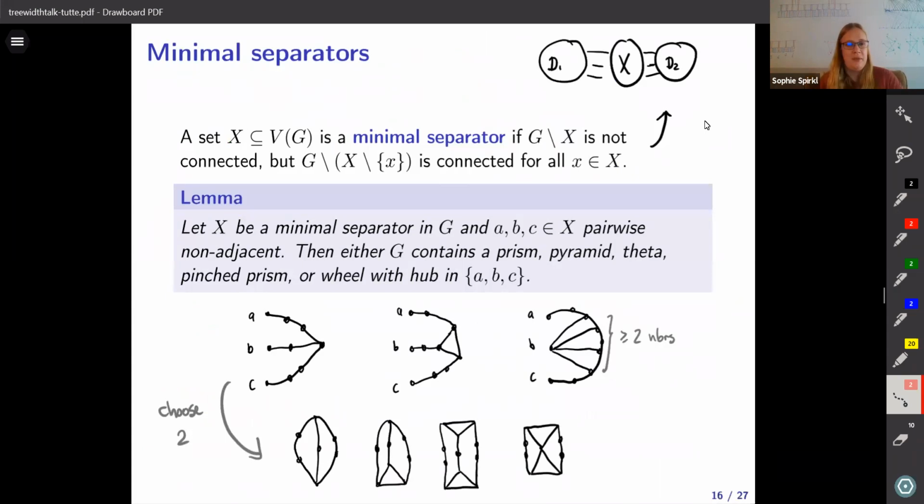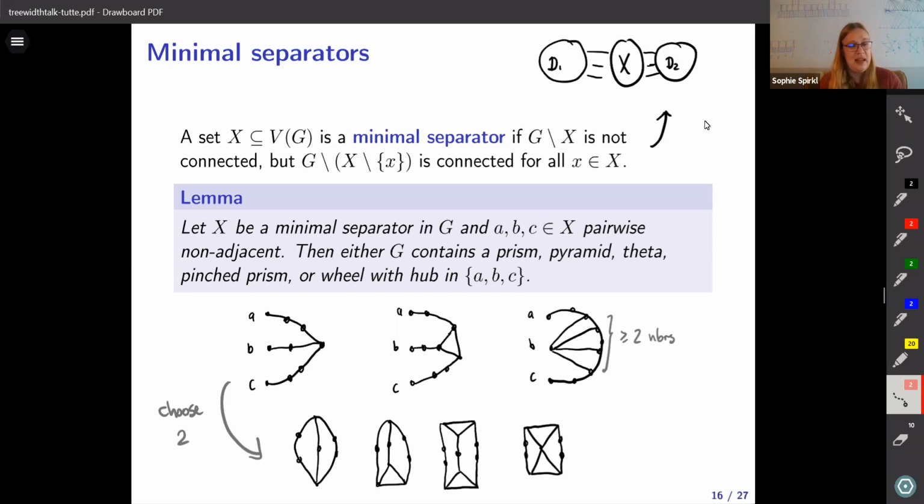So again, Treewidth is about finding nice cut sets. And if you look at a cut set in a graph, let's make it minimal in the sense that if you delete more stuff, it doesn't give you the same cut anymore. Then what happens is this is your cut set, and you'll have components of the rest so that every vertex of X has an edge to that component. Because if this vertex had no edge to D2, we could put it in D1 instead of X, and it was still separate. And so now,